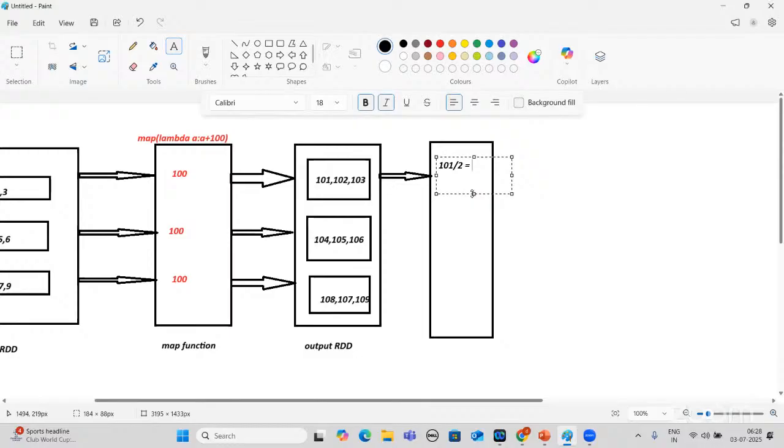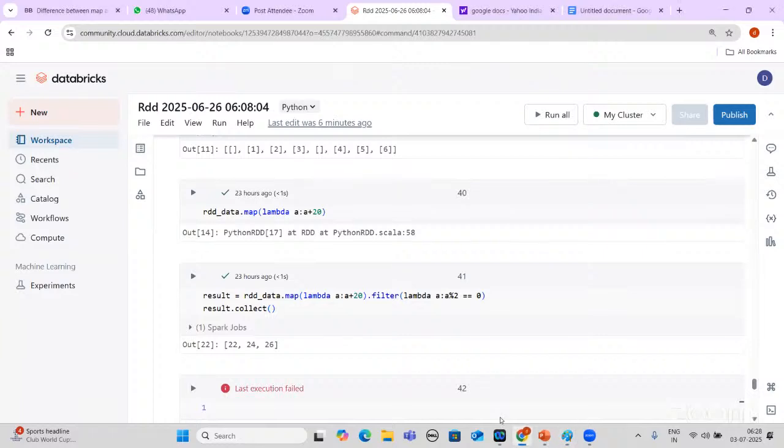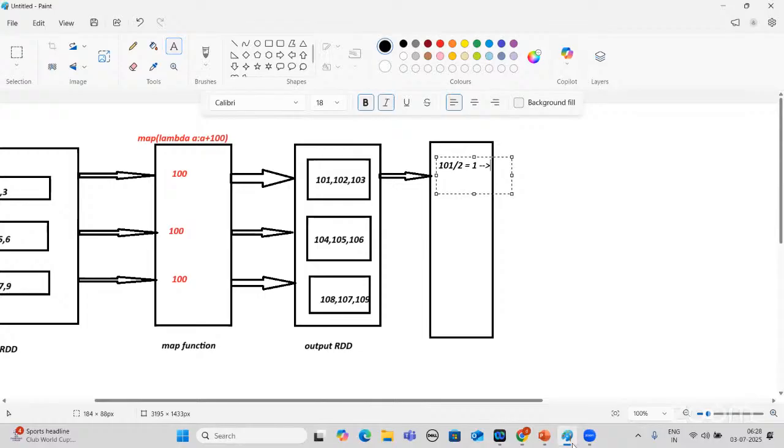So it would be 1, which is odd, so it is a false condition, because we require equals to 0. It will return the false value.